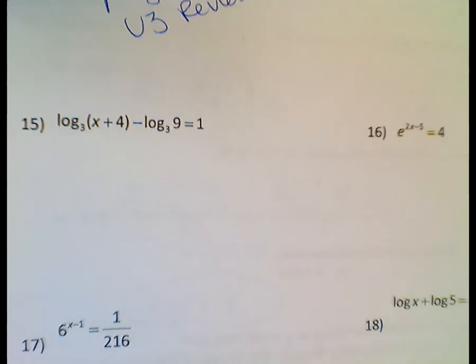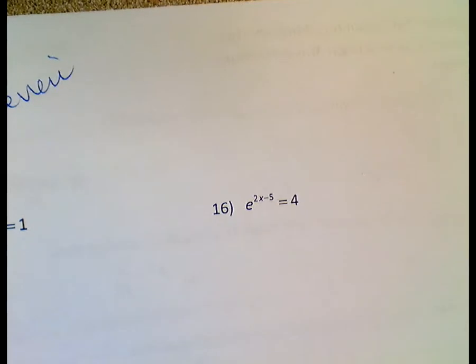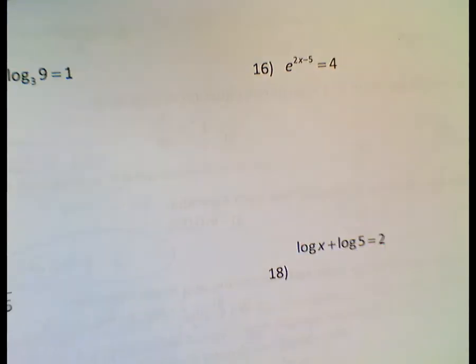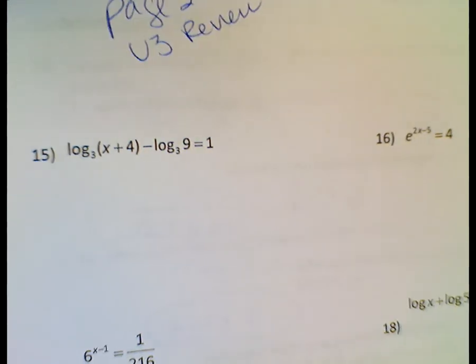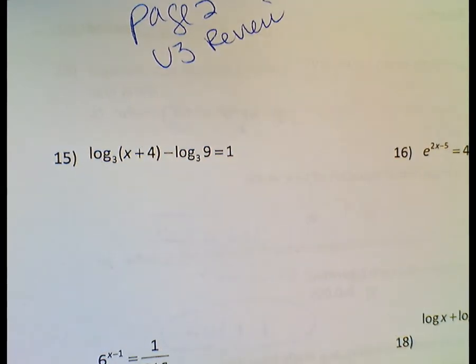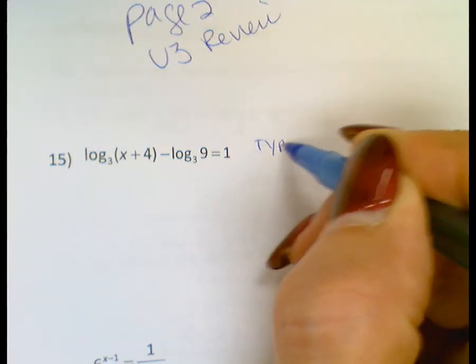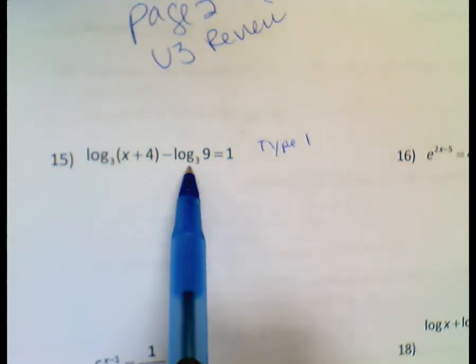Even though there's only about 6 of these on the test, I'm giving you, on the front page we had 6, 7, 8, 9, 10, 11, 12. I'm giving you 14 of them to practice, but there's only going to be like 6 of them on the test. I just want to make sure you guys are ready for any type. All right, so this one is going to be type 1 from the front, which there's logs on one side,